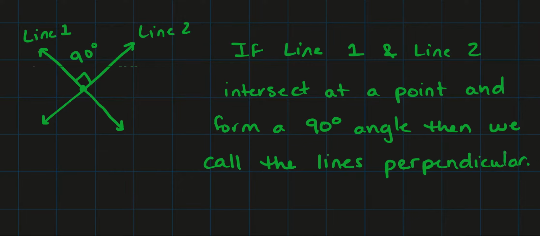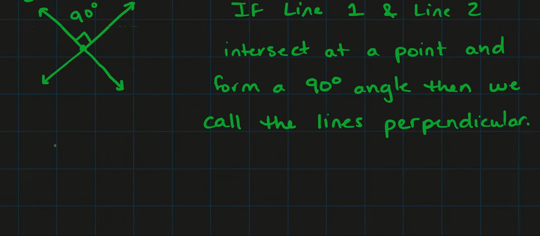Now the relationship between the slopes of line 1 and line 2 is similar to the relationship of parallel lines. There's something about their slopes. If line 1 is perpendicular, and some people draw this, instead of writing this out like perpendicular, they just make a little 90-degree angle here. They say if line 1 is perpendicular to line 2,